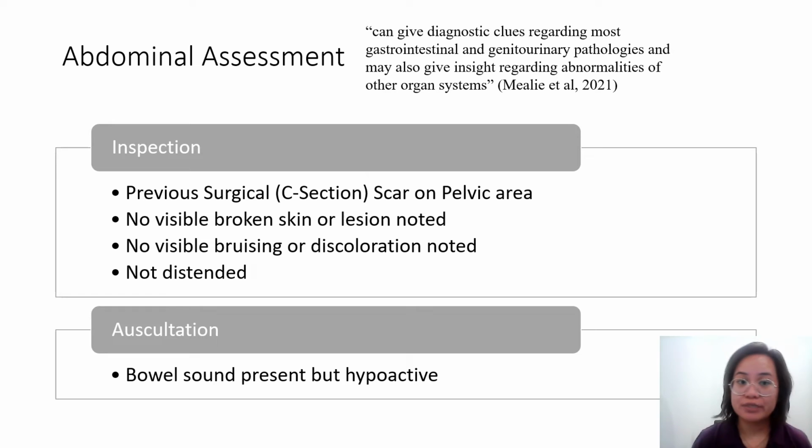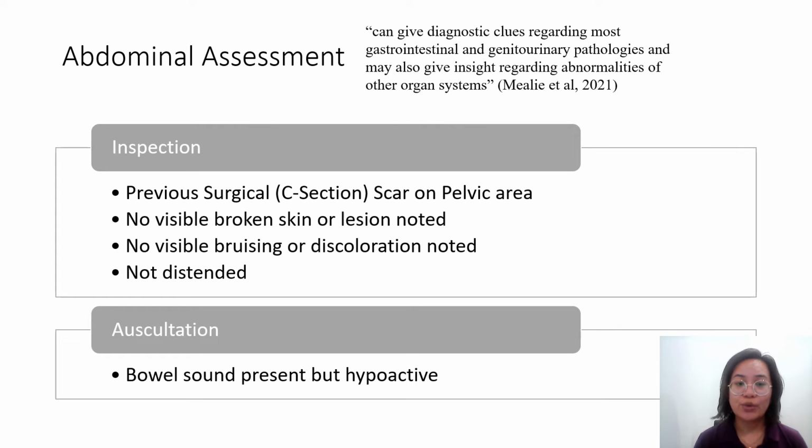Because she's been complaining of abdominal pain, we've also done an abdominal assessment. Doing an abdominal assessment can give diagnostic clues regarding most gastrointestinal and genitourinary pathologies that may also give insight regarding abnormalities of other organ systems. So aside from taking the patient's history, physical examination is also very important to narrow down the source of acute abdominal